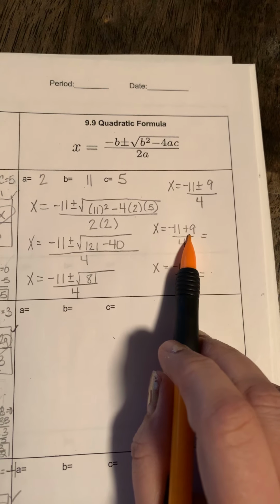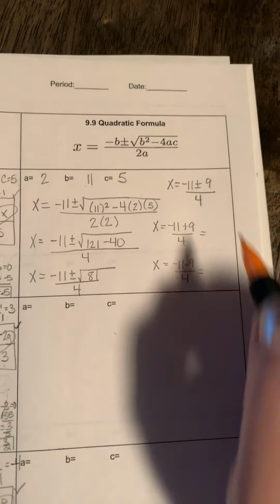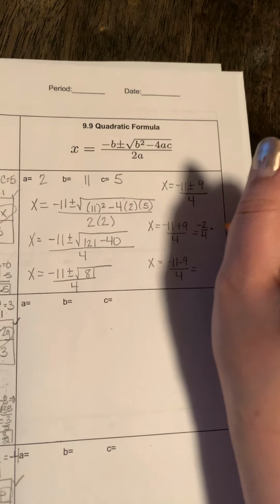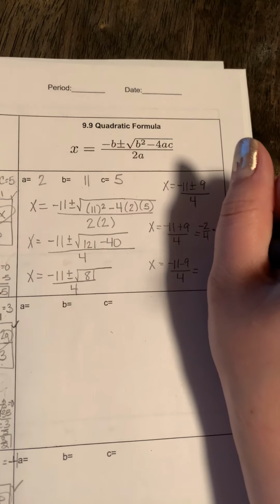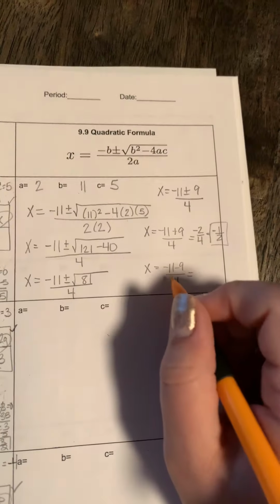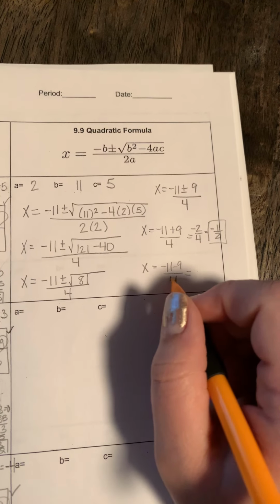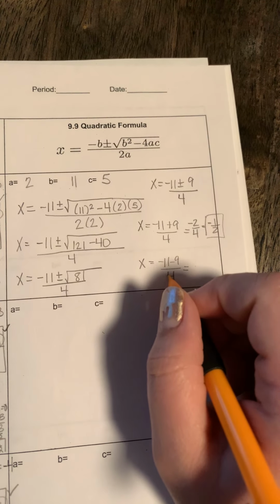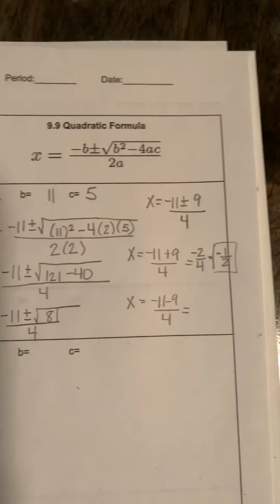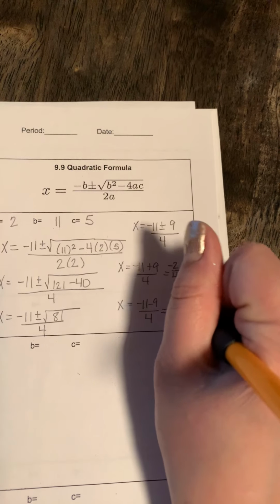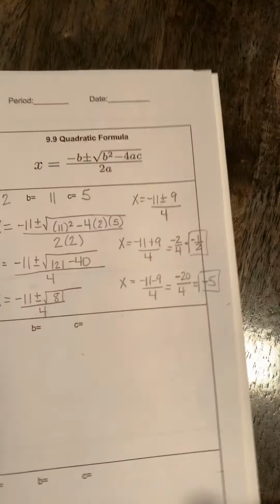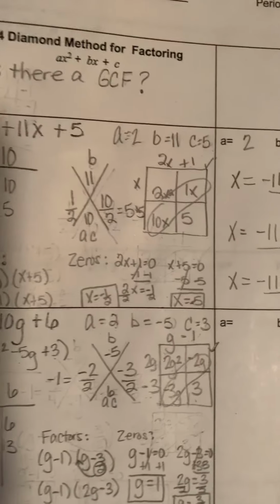Negative 11 plus 9, negative 2 over 4 reduces to negative 1/2. Negative 11 minus 9, negative 20. Sorry, my brain's starting to shut down tonight. Yeah, negative 20 over 4, negative 5, which were the same two